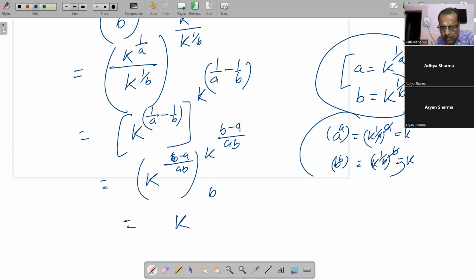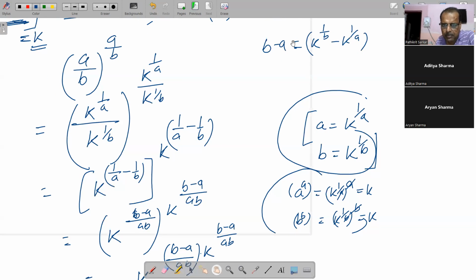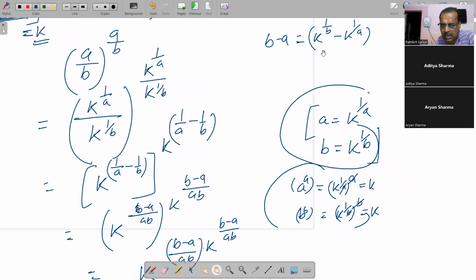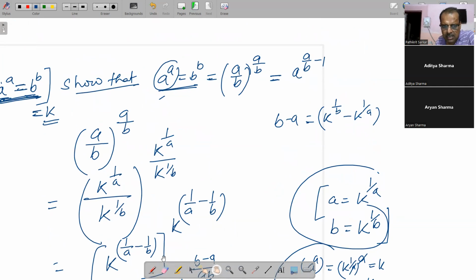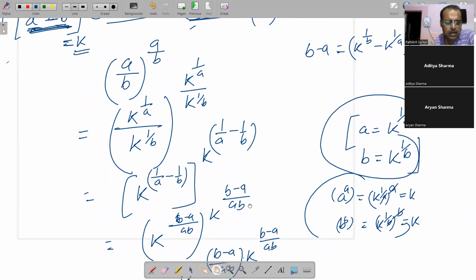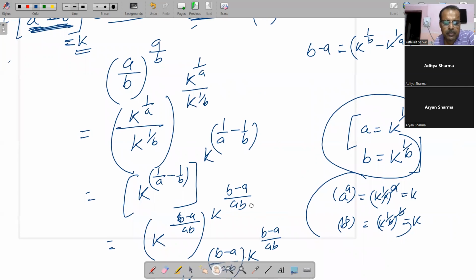तो अगर मल्टीप्लाई करोगे तो इसका वैल्यू क्या आ सकता है सर? इसका वैल्यू है k to the power (b minus a) by ab इंटू k to the power (b minus a) by ab, ऐसा कुछ है। तो सर यहाँ पर आप देखिए, b माइनस a का वैल्यू है k to the power b माइनस a माइनस k to the power 1 by b, इस तरीके का वैल्यू आ रहा है। तो यहाँ से आराम से आप लिख सकते हैं, सपोज a बाई b इज इक्वल टू दिस है, तो इसका वैल्यू को आप यहाँ से ट्रांसफर करने के बाद ऑटोमेटिकली वो आ जाता है, क्योंकि आप वैल्यू अगर उसमें पुट कर दो सो ऑटोमेटिकली यू कैन गेट दिस पॉइंट ओवर हियर, ये आपके पॉइंट पे आ जाए।